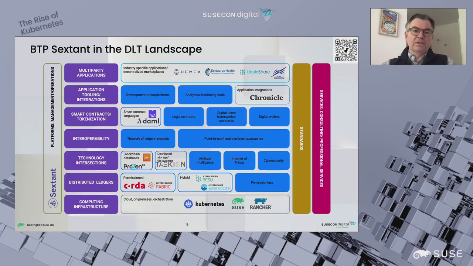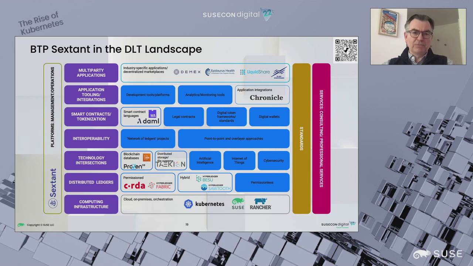So now if we zoom out again a bit more, there's some work that Chilo Zigri, our VP of Strategy, has created and curates called the DLT landscape. Top right, that QR code will take you to the DLT landscape itself. But what I'm doing here is just showing where we fit within that overall landscape. So there are many companies, many projects, many initiatives covering a whole range of different areas. But the key for me personally is the work that Chilo has done really does make it easier for people